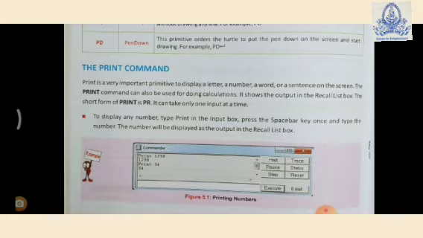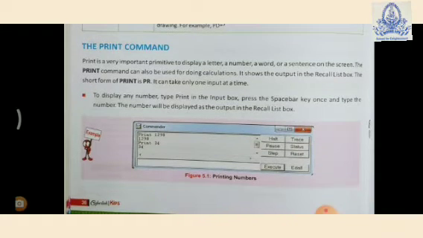To display any number, type text in the input box, press the space bar key once and type the number. Suppose you want to type a number, so what you have to do: first you write in the commander window print, then space, then the number whatever you want to type, then press enter, and you will get the same number in the output.